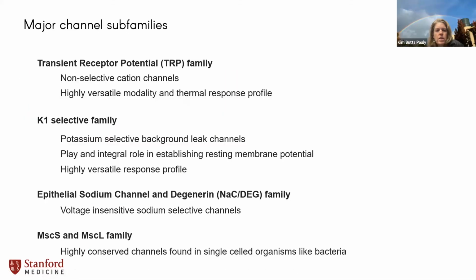Keith, I just want to ask you, when you talk about these, I guess it's important to keep in mind, and correct me if I'm wrong, that not all parts of the brain express all these channels. You already said, of course, the last family is not in humans, but different parts of the brain also have different concentrations of different channels. And that's something else that makes it really kind of confusing. I know the Allen Brain Institute has some really nice maps where you can look at the mouse brain, for example, and different parts of the brain and look at the density of different types of channels, which is really interesting,